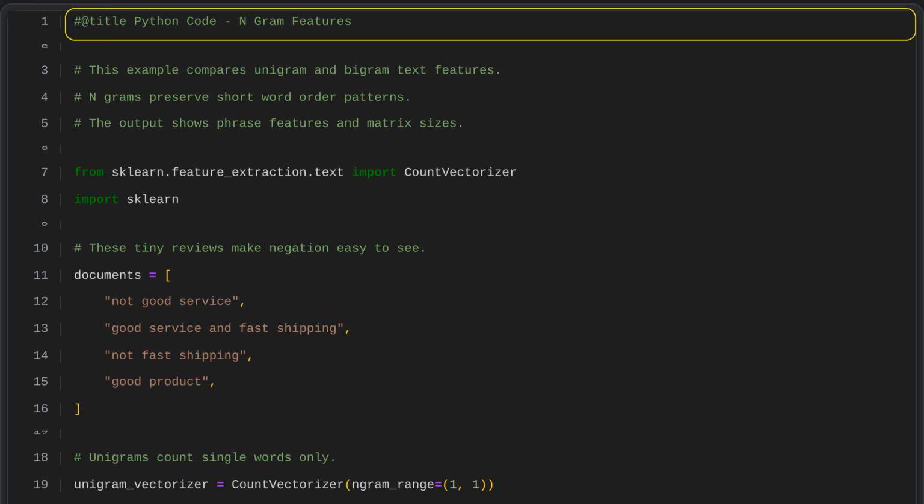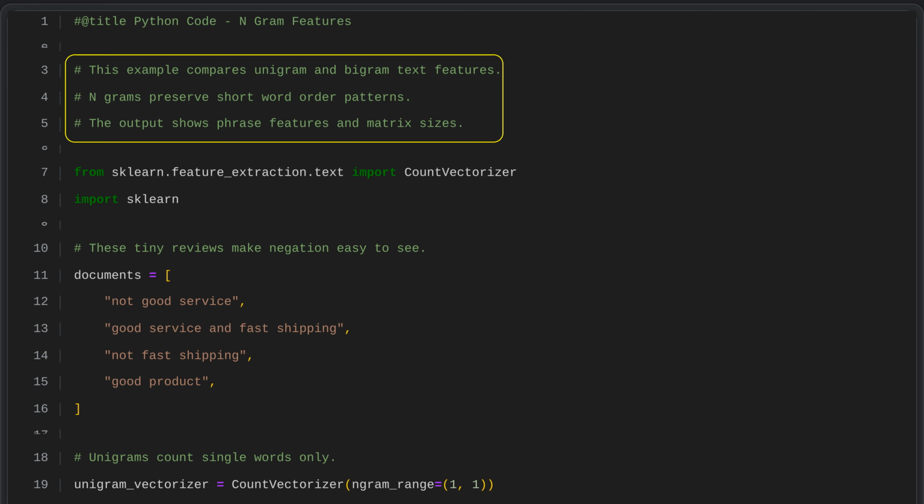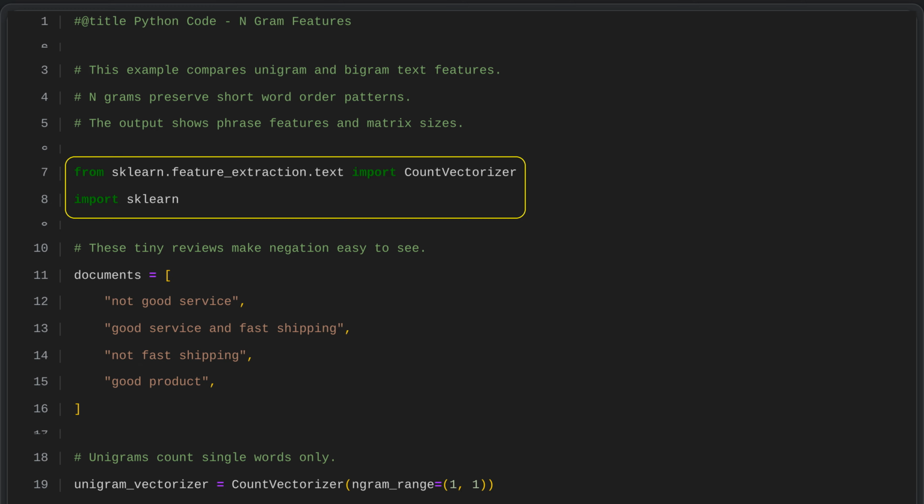Python code, n-gram features. This example compares unigram and bigram text features. It shows how n-grams capture short word order patterns and how adding phrase features changes the size of the feature matrix. We import Scikit-Learn's count vectorizer to turn text into token count matrices for natural language processing tasks. We also import the full Scikit-Learn library to access its broader tools, such as version checks and other utilities needed